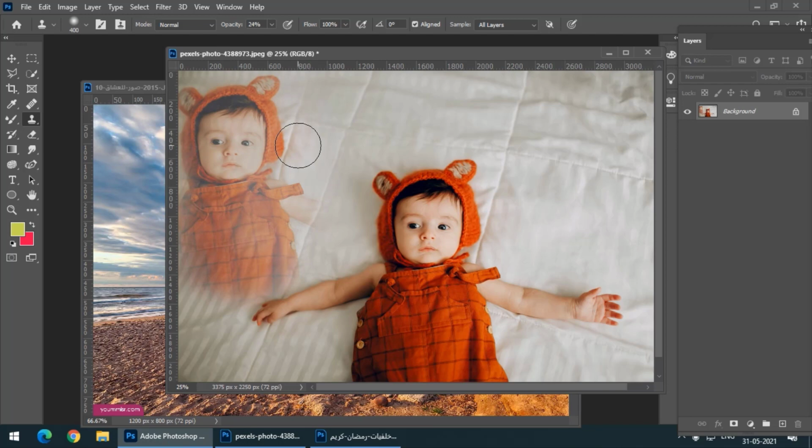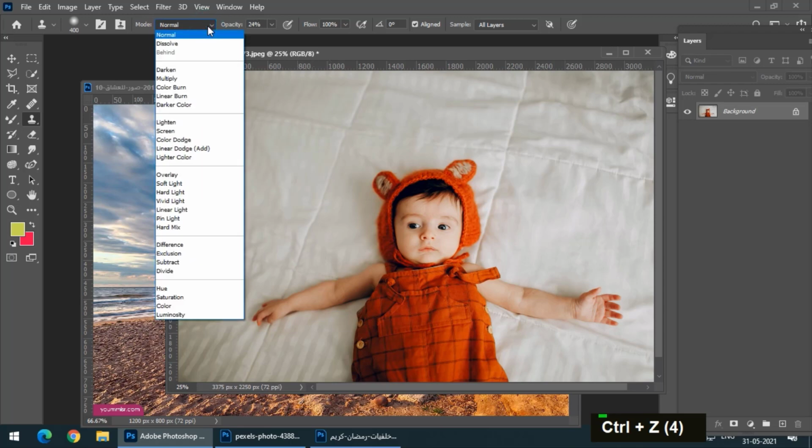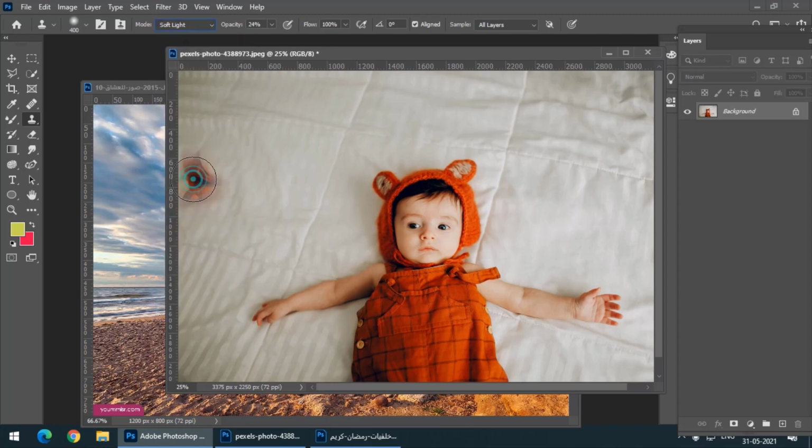it darkens. So that is the main difference between the healing brush tool and the clone stamp tool, that healing brush tool tries to blend the source material in the background, but the clone stamp tool keeps it as it is. That is the main difference. You can also try the different modes that we have seen in the earlier videos. You can definitely try. Just for example, let's say soft light, I'll keep the opacity to 100.